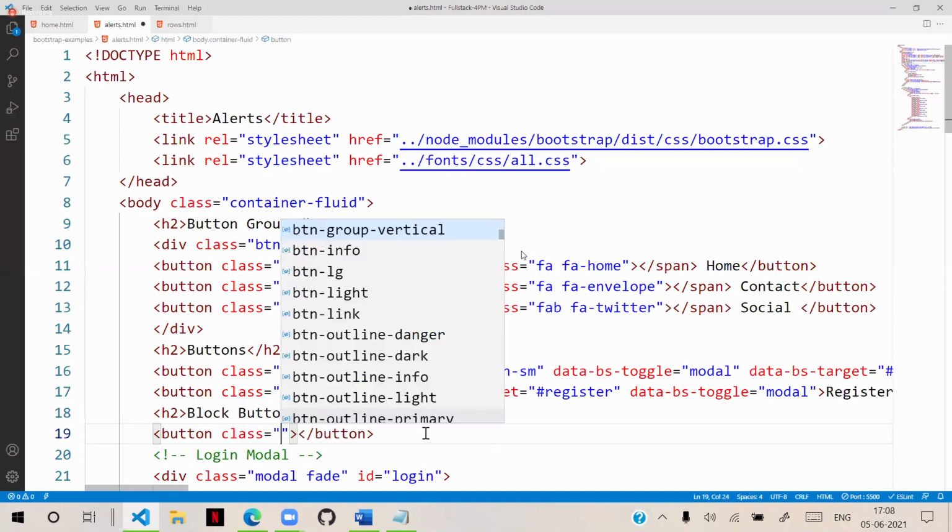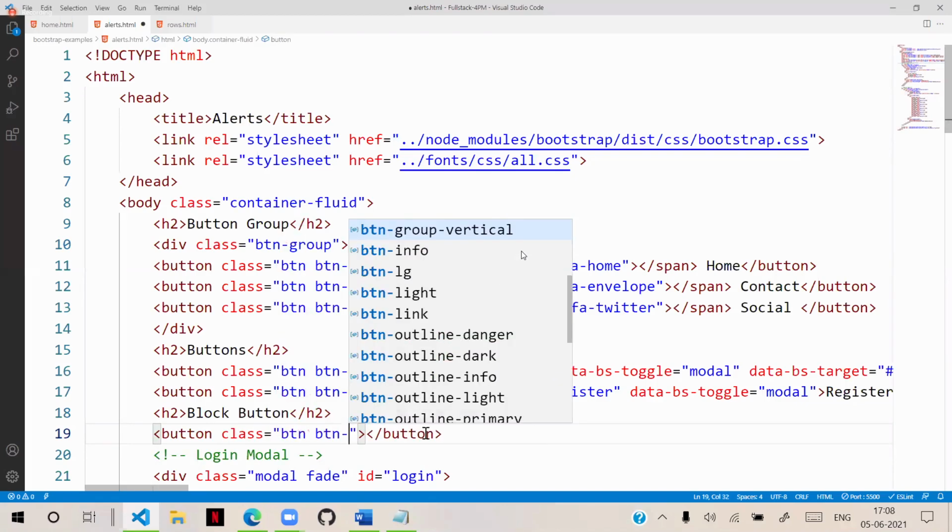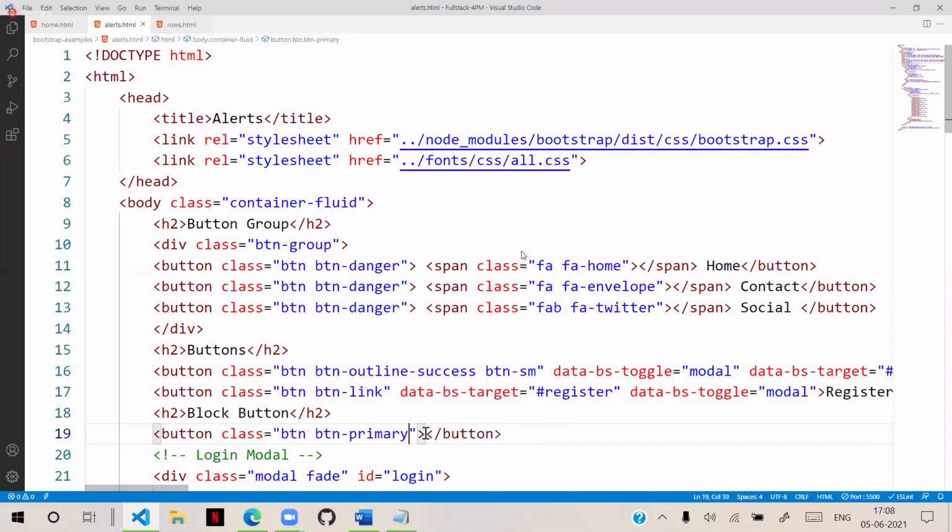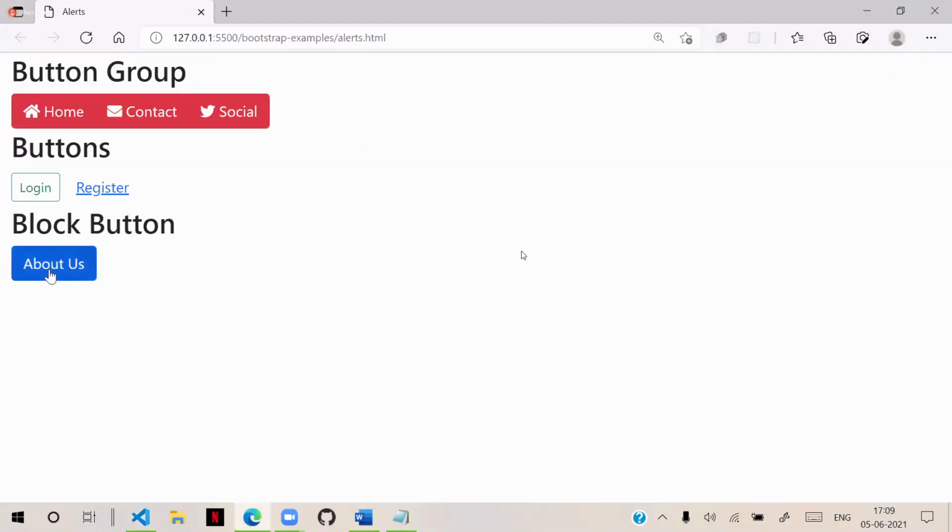This button is, say, go to top, about us, something like this. Now I want this button to occupy the entire page. If it is in a dialog, it should occupy the entire dialog, complete end-to-end.